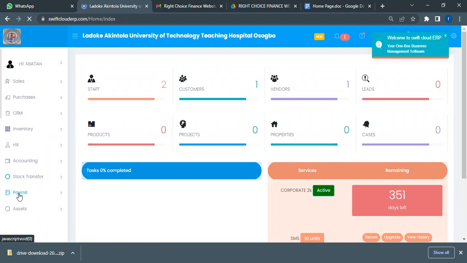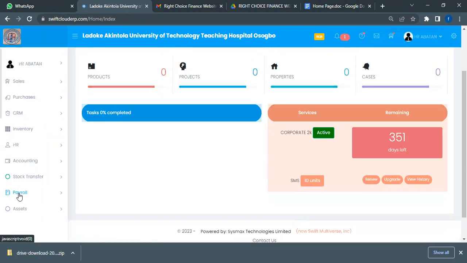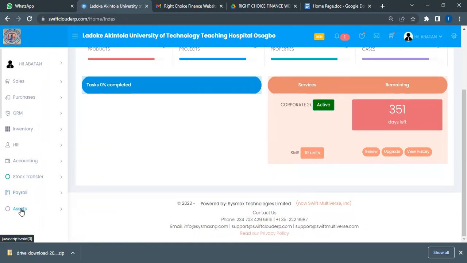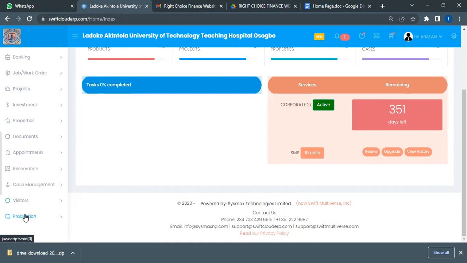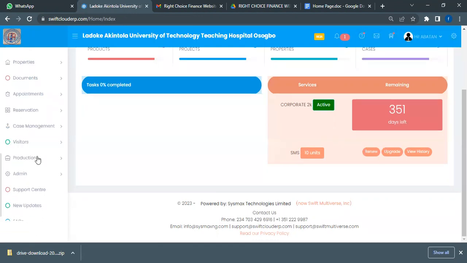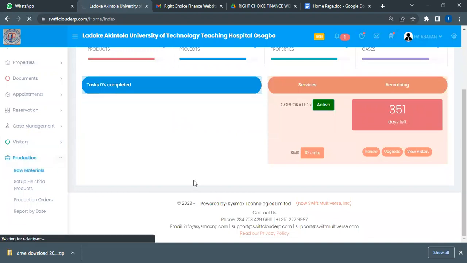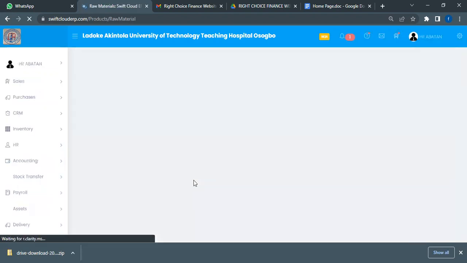Now, for every company, businesses that are into production, this enables you to set up all your raw material, finish product, and of course, do your sales and all the rest of the production aspect. So to go to production, the first thing we need to do is to set up our raw material. So for instance, now this morning,